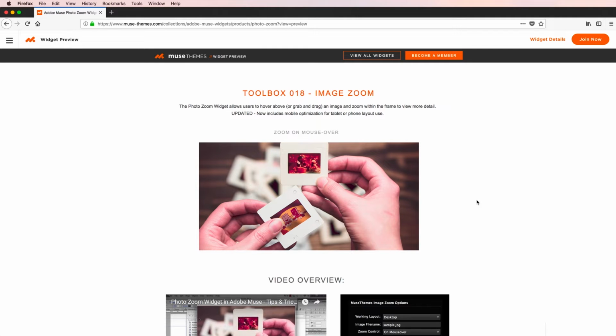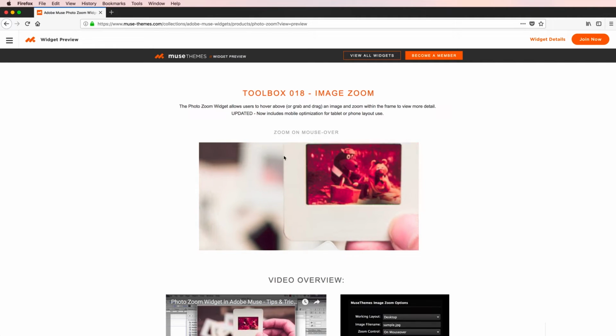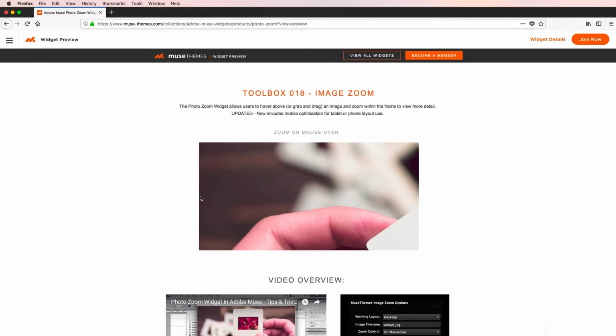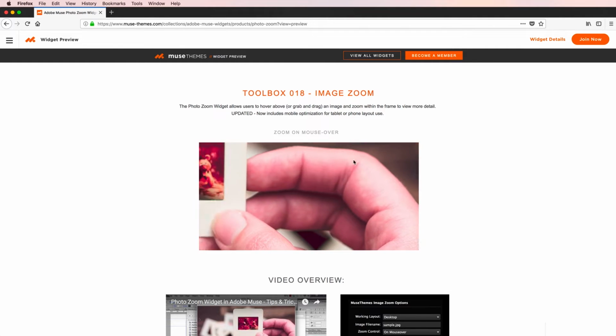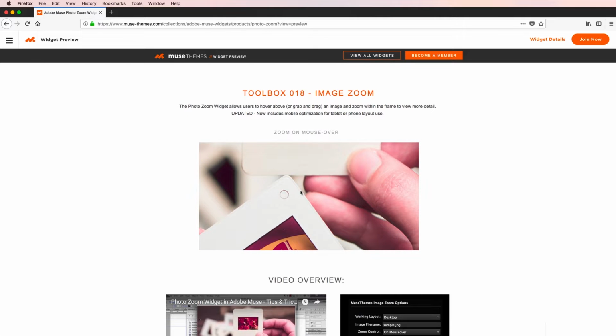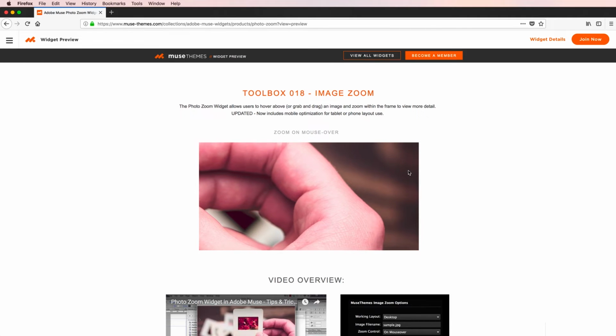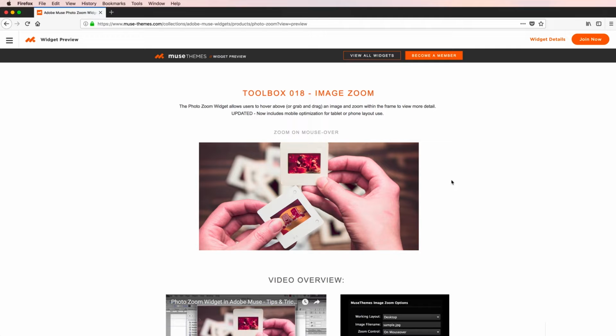Today we're taking a look at our Photo Zoom widget. It's a cool way to make your images on your site much more interactive by enabling this zoom effect when I roll my mouse over the image space. I'm able to control the positioning of the zoom simply by moving my mouse around. And what's great is we're seeing a nice, crisp, high-resolution version of this image, not a pixelated, manufactured zoom of